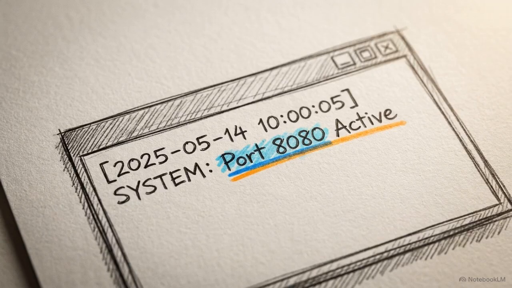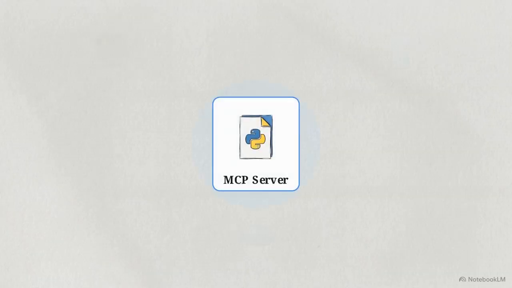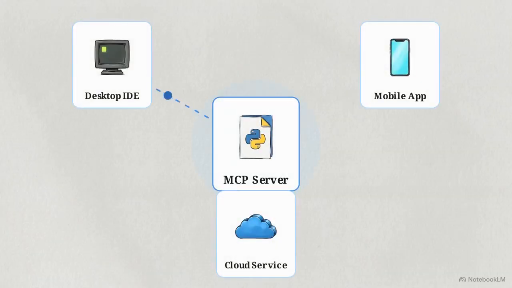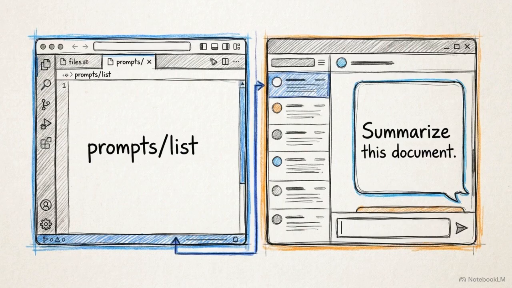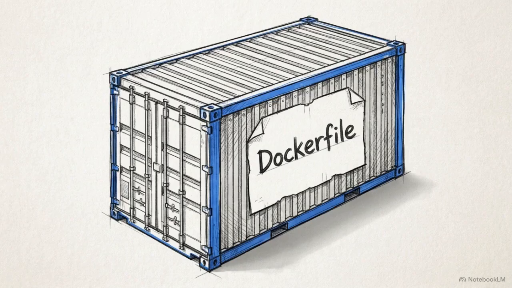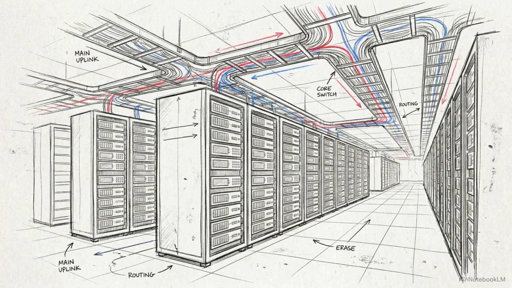If you check your terminal, you will see the server actively logging a successful connection with your host application. Because MCP is an open standard, this exact Python script works across platforms. You can plug it into any compliant MCP client without rewriting a single line of code. Now that the connection is stable, you can expand your server by writing custom prompts or packing the code into a Docker container. You have the structural foundation to build